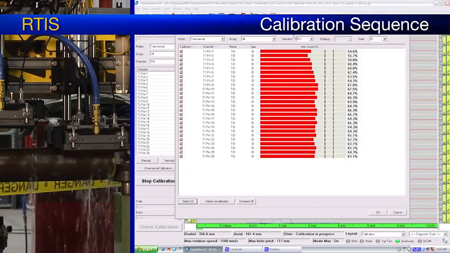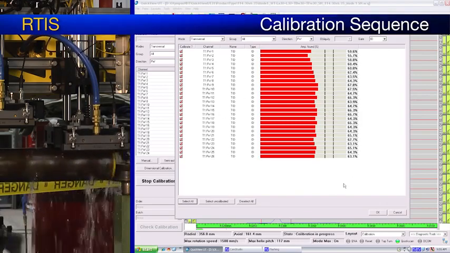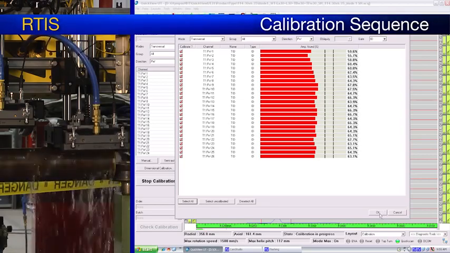As you can see, after the first pass, none of the apertures were at the 80% response level. So we must calibrate all of them by adding or removing to the gain level for each aperture.